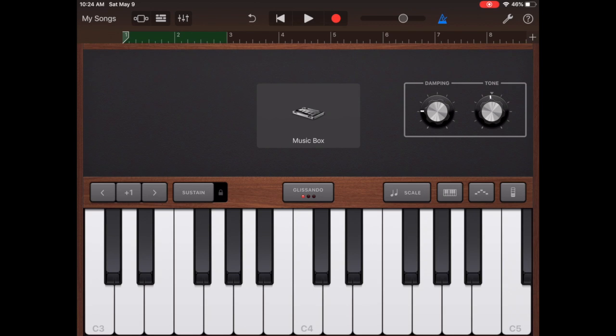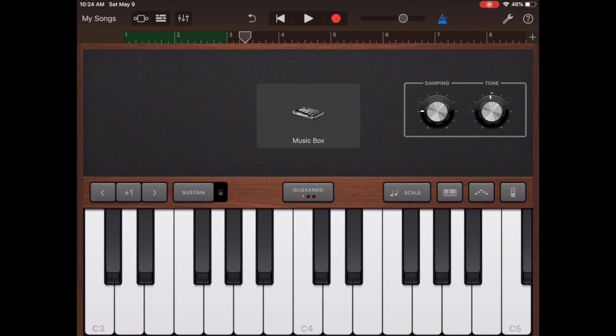Do you see now how there's a green part in what looks like my ruler at the top? Each number is a measure in our music. And so when I hit the play button in the top center of the screen, I'm going to hear what I just recorded. If I really like that and I want to add something to it, another instrument or another sound, I'm going